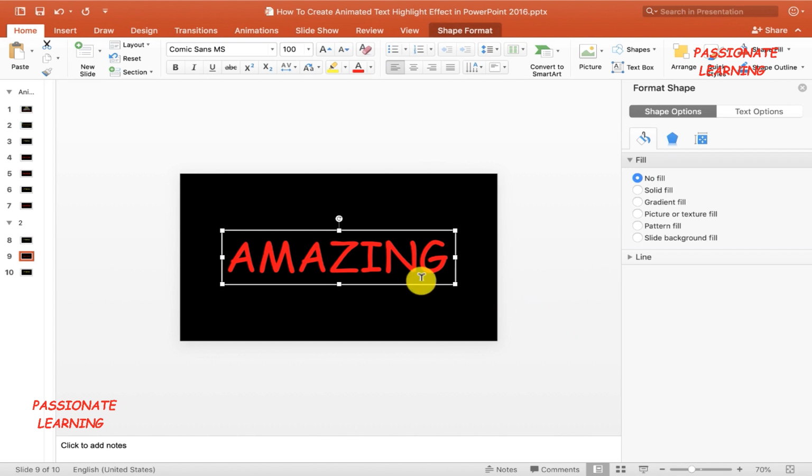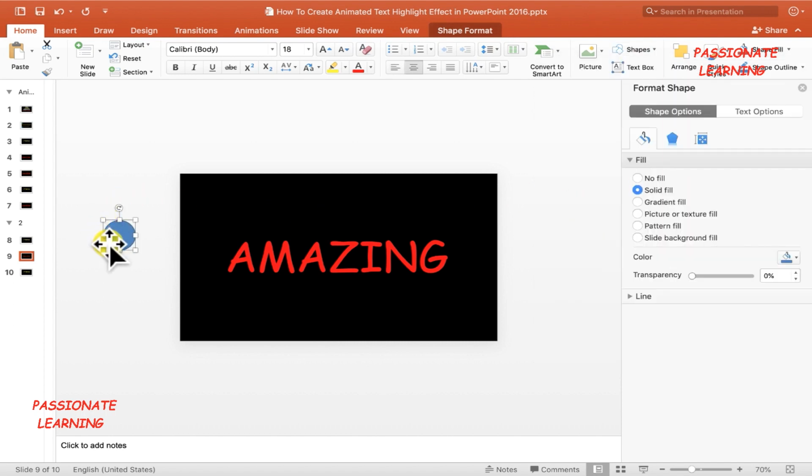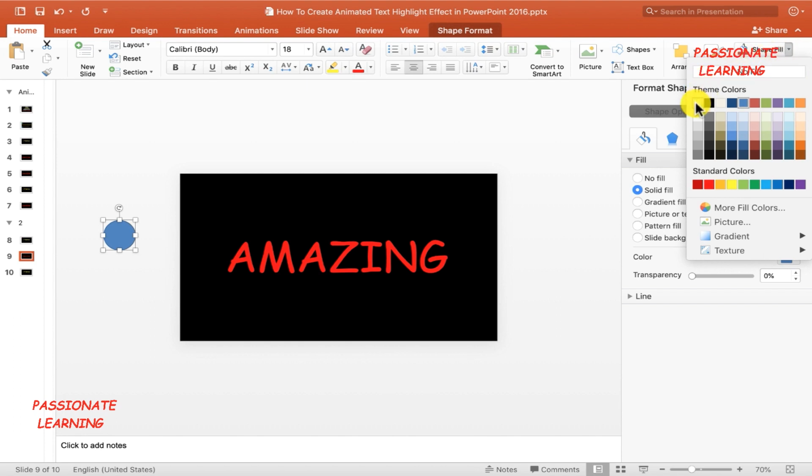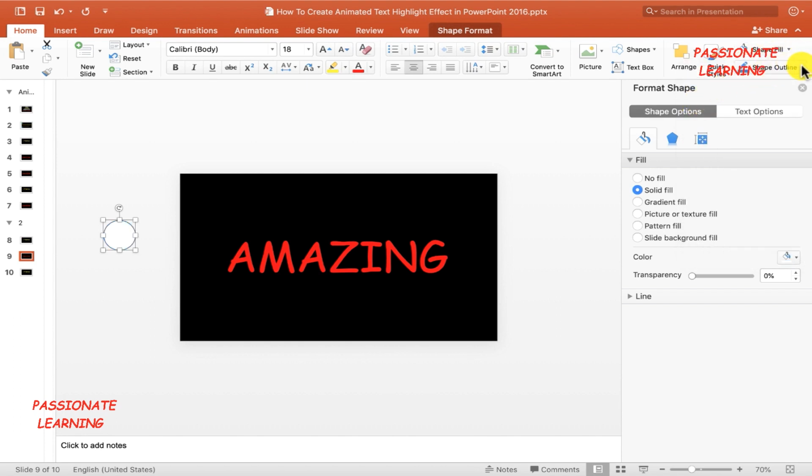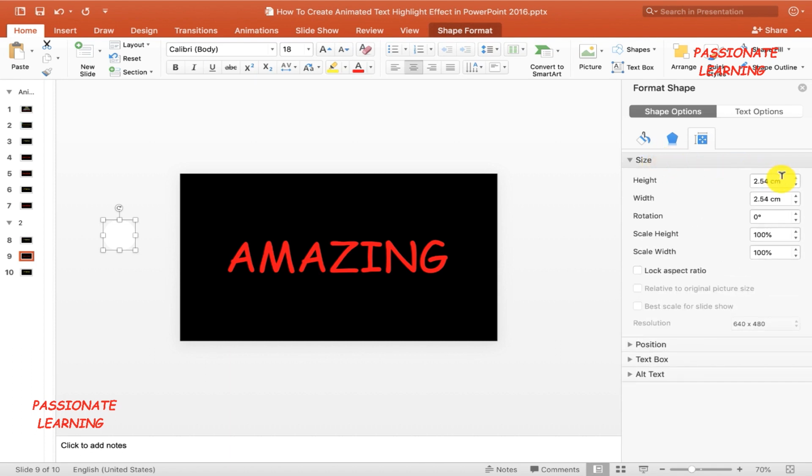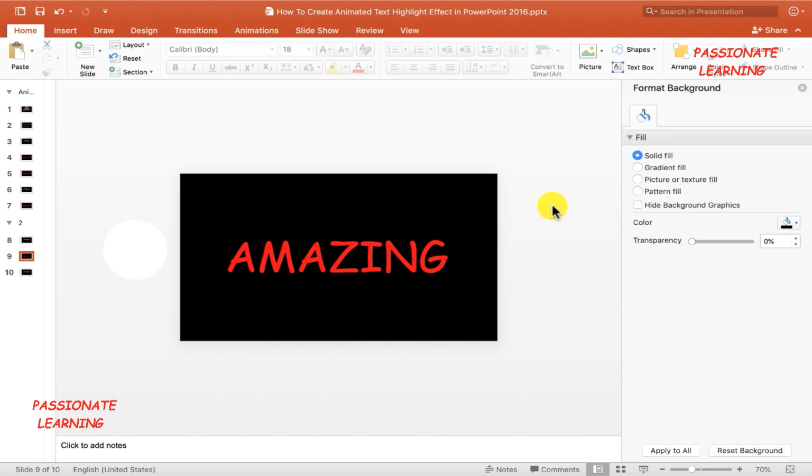Now friends, after inserting this text box, we need to again come over here to the shapes menu and insert an oval. And then I need to make some changes in the shape as well as in the color of this oval. So first of all, let me come over here to the shape fill option and select the color of this oval as white. And for the shape outline also, let me select white. And then let me come over here to the size option. And for the purpose of this example, let me set the height as well as width for this oval as 5 centimeters like this. And after that, let me again select this oval.